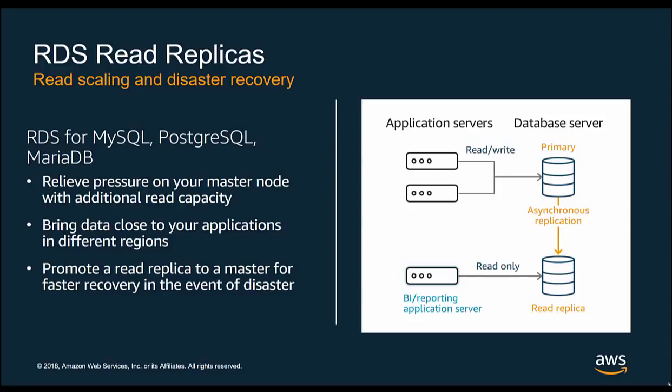And so that can allow you to expand that caching capability by leveraging these read replicas. You can also bring data closer to your applications in different regions. And then in some cases, you can promote a read replica to a master in the event of a disaster. However, generally speaking, if you're looking at replicas within a single region, the multi-AZ option is usually the better choice